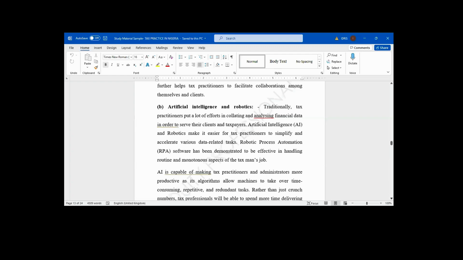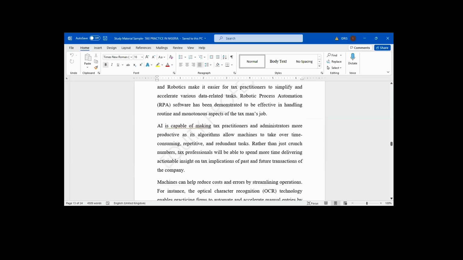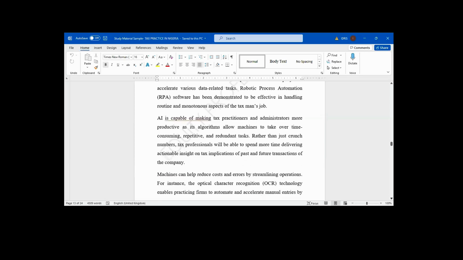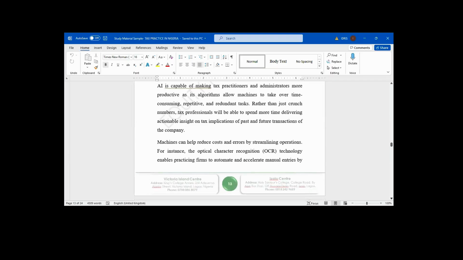Why do we do this? So as to ease the job of FRS, so that if the line is busy, the AI can attend to your question. Some of the questions attended to by this AI are simple questions. But when you talk about technical questions, you have to call FRS, visit their office, and get their contact, you understand? For some little questions, you don't need to go to the office. Artificial intelligence will assist to do the job.